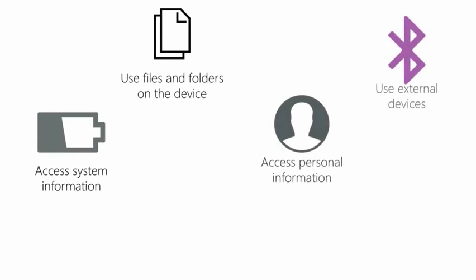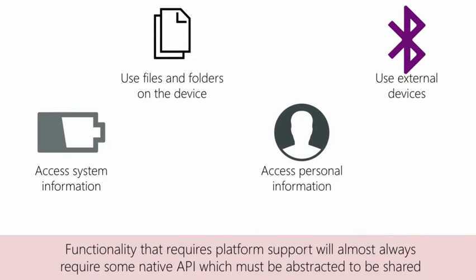The opposite's also true. Anytime you're accessing things which are unique to a platform or device, for example, you want to call .NET APIs which aren't available on every platform, or you want to access some system information that's unique to the platform, then you're likely going to have to use some platform-specific code. If you're only going to use it in that platform code, then it's a pretty easy task. You just call the API in your platform project where you need it. But if you want to call this API from your shared code, which is often the case, then you're going to need to get or provide some kind of abstract